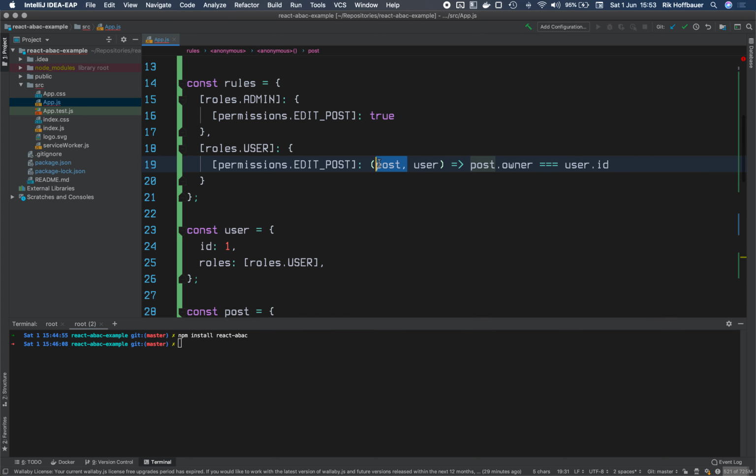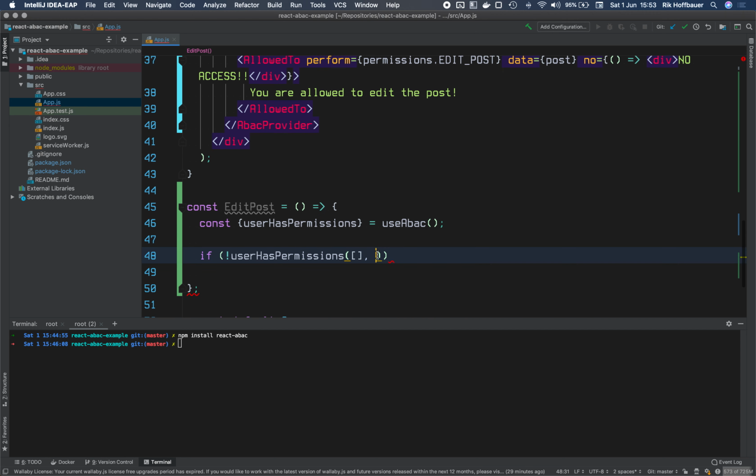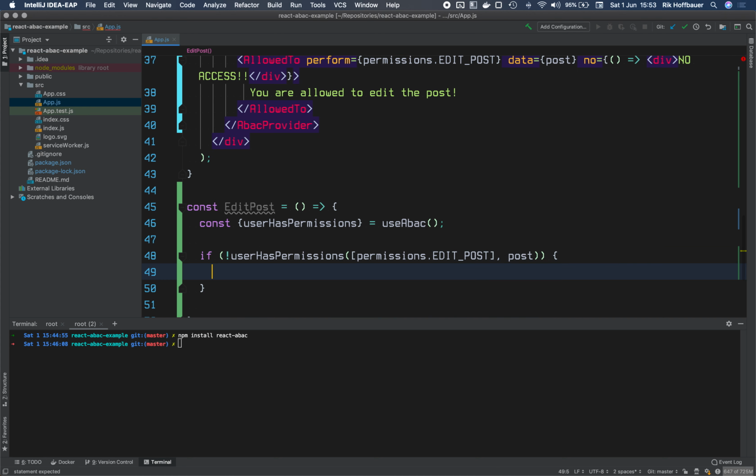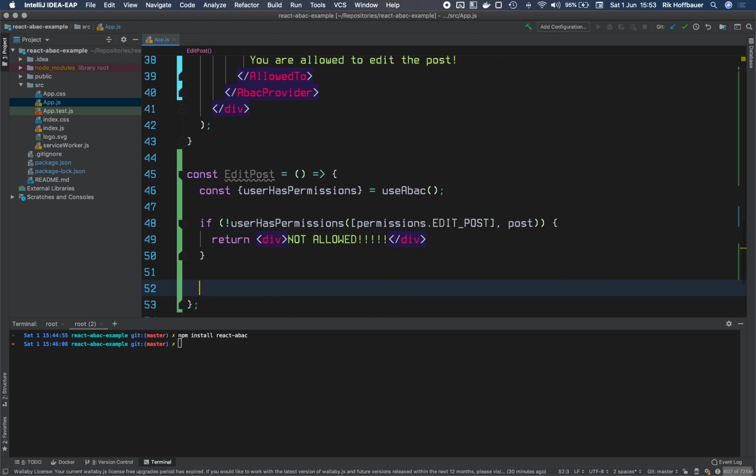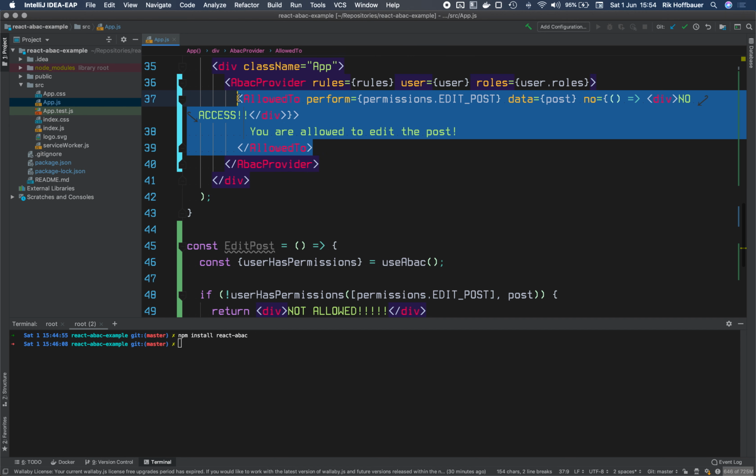So the data will be the post again. And the permission we want to check is the edit post permission. So here we're saying if the user doesn't have the edit post permission, then we'll return some div with "not allowed", a lot of exclamation points. And if permission is allowed, we'll return a div saying yes. Let's render this component instead of the allowed to component